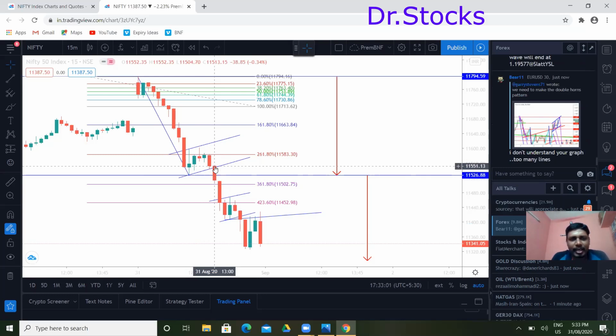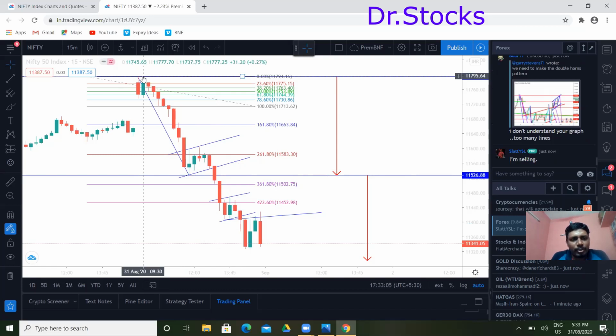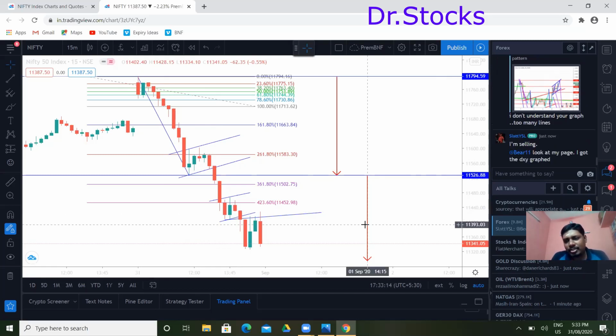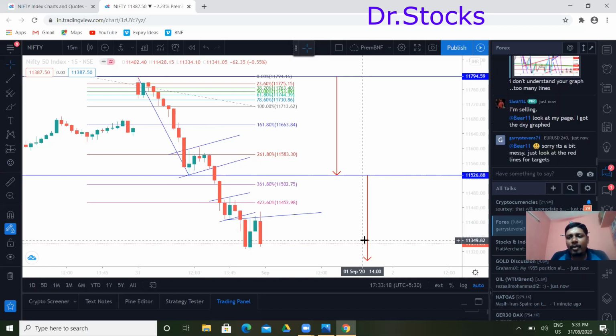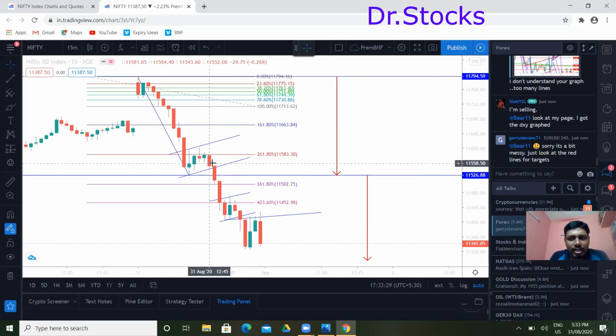Now, once this is done, what is the maximum target I can expect? You can expect from the top of this pole to the bottom of the pole. It is like 268 points. You can subtract from this one to this one. It is a 268 point movement. Actually, we would have headed very close to the 250 levels today, but it didn't happen. The reason being Bank Nifty supported a lot, because Nifty was trading well below the previous day low, but Bank Nifty was not trading below the previous day low. So that could be one of the points.